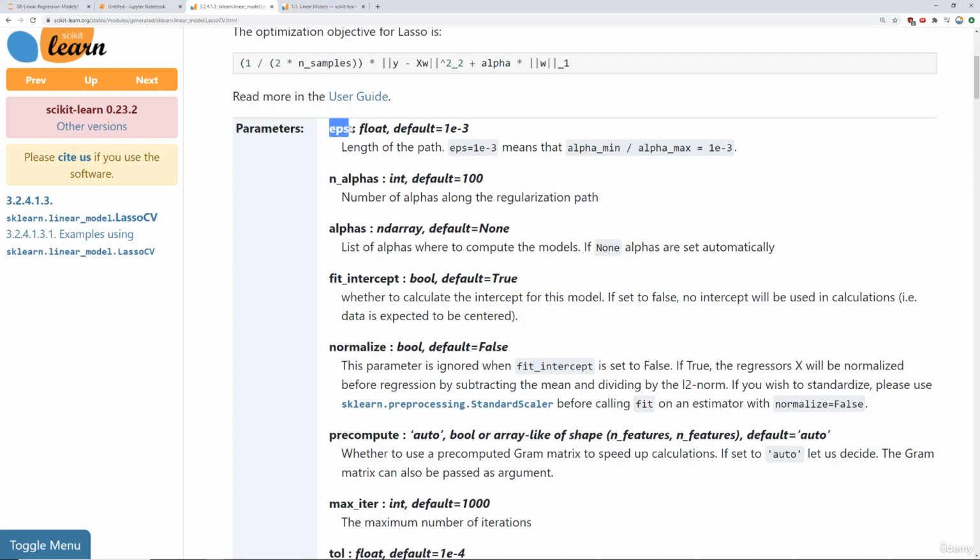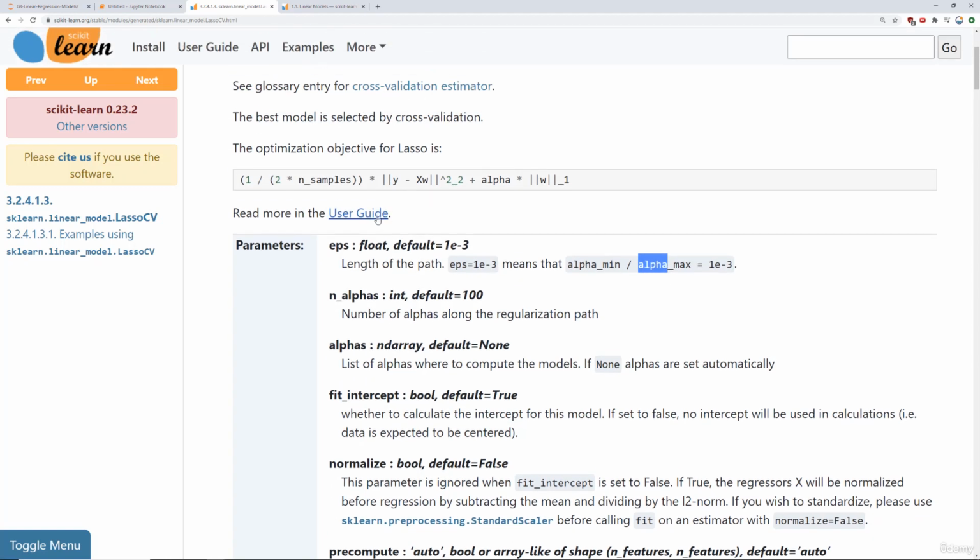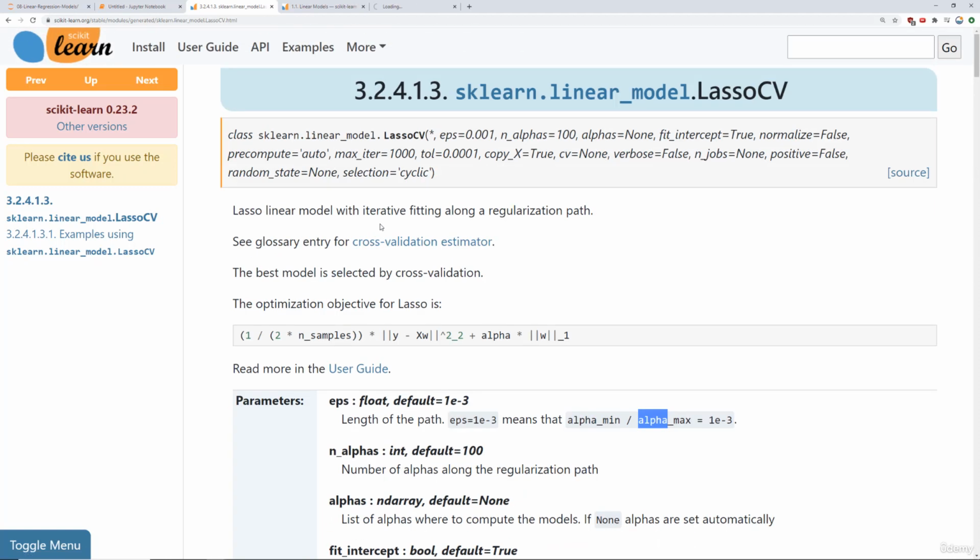Well, eps, or this epsilon argument, essentially is a ratio between the minimum alpha value divided by the alpha maximum value. And then what you do is really similar to np.linspace, that linear spacing, in which it's going to check a number of alphas along the regularization path, where the regularization path is defined by alpha min divided by alpha max. As a quick note, if you check out the user guide linked in